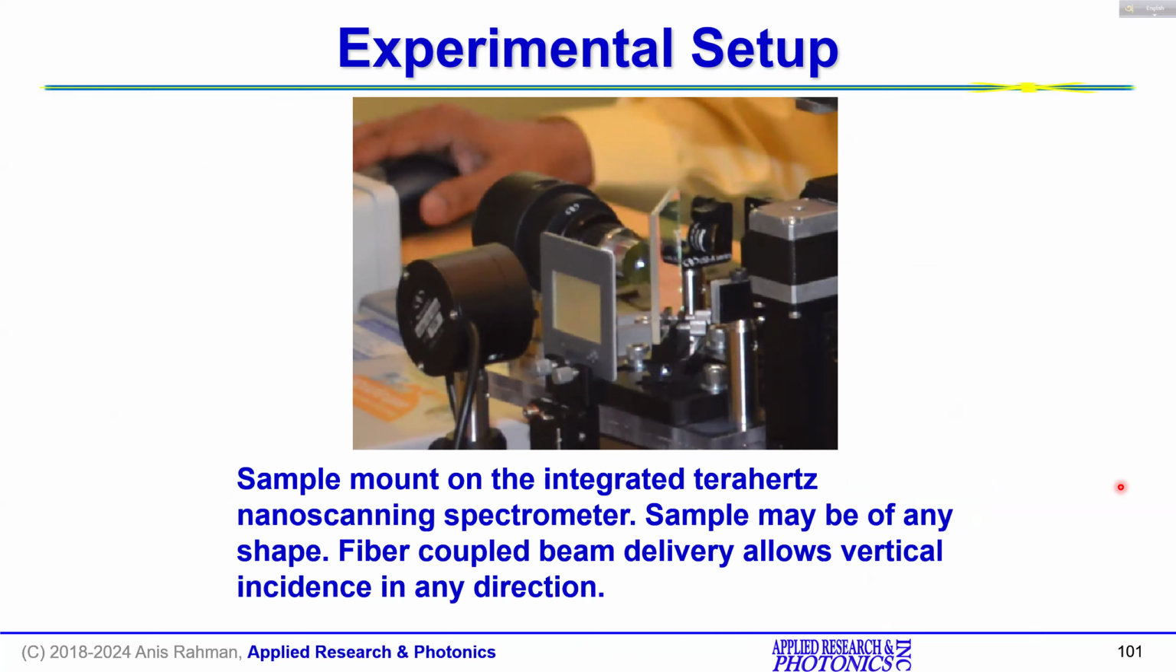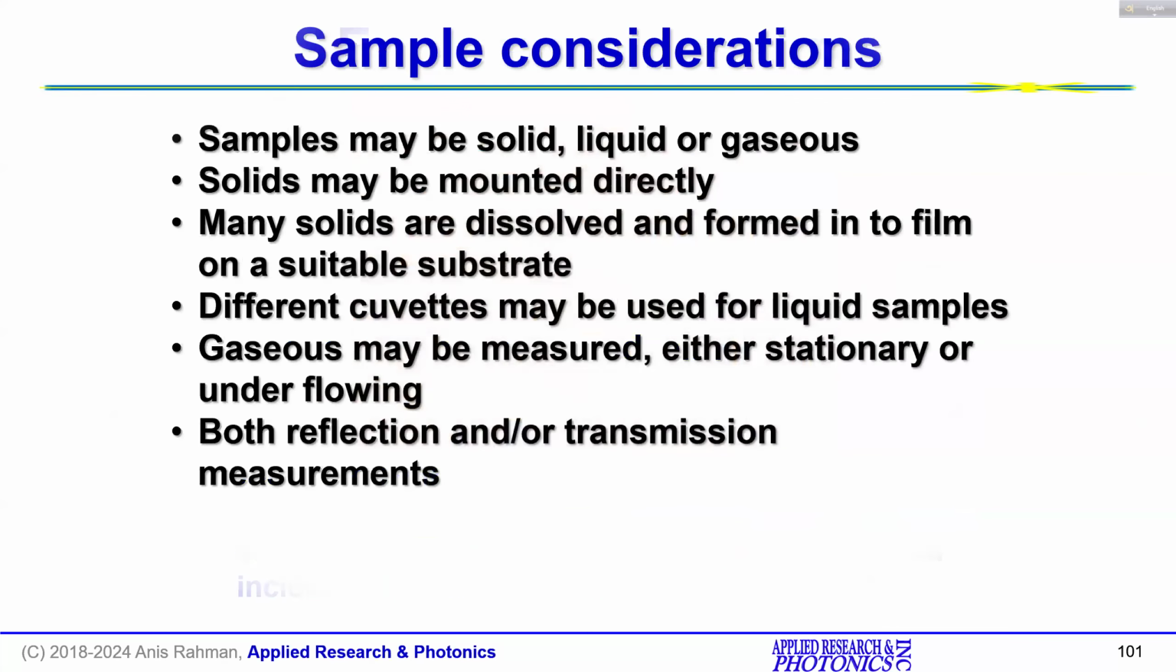This is another way of showing the experimental setup. The diagram you saw before, this is where the sample is mounted, and then there are transmission and reflection detectors that you can choose. It's all in the software. You can choose either the transmission or the reflection, depending on the sample that you are working on. And then sample consideration can be solid, liquid, or even gaseous sample can be done with this setup. Solid samples you can mount directly. Many solids are dissolved and formed into film on a substrate, and then the substrate is mounted and